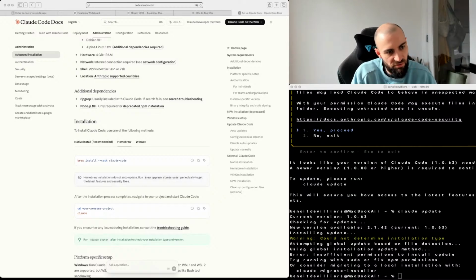What can I do to fix this? Yeah, as you can see, it's telling me that maybe I could fix the npm permission, or, yeah, I already did the sudo claude update, so